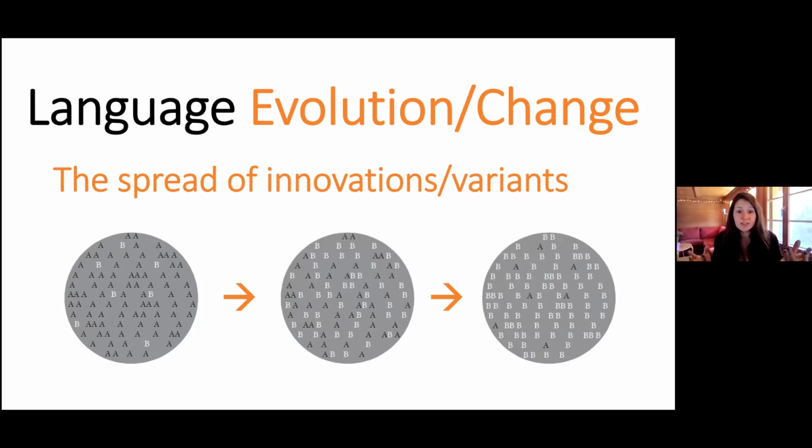This process is generally termed cultural evolution, and it's somewhat analogous to biological evolution in the sense that there are mutations that are spreading, both as a factor of natural selection, where some may be better than others, but also as a factor of random changes. How this process actually occurs in language is what I'm interested in. How do linguistic innovations emerge and then spread? And how fast can they become the new linguistic norm?